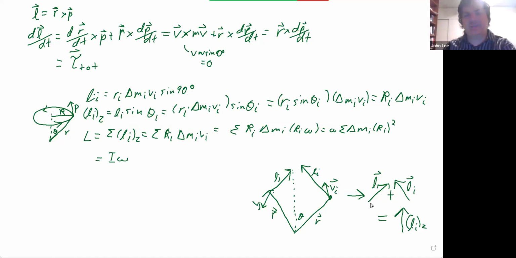So when you add them together, as you see on the bottom right-hand corner, Li and Lj cancel each other out,